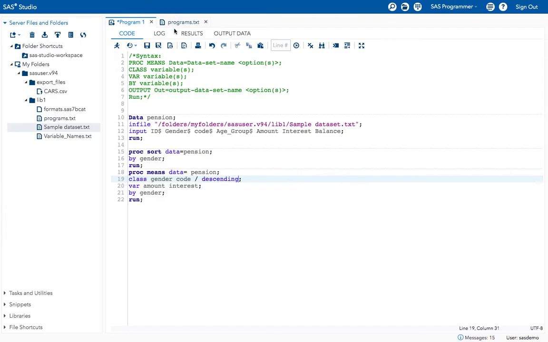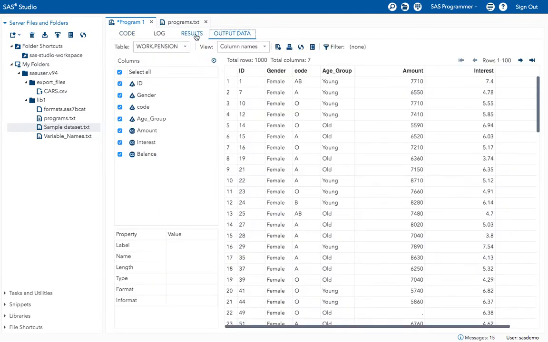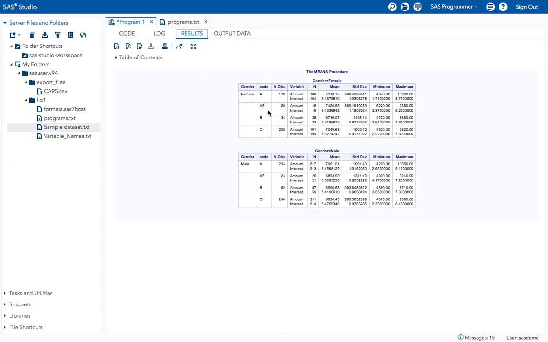Now it will specify your class data values. See what is your result now, what are your class data variables. Earlier you had female, male, and the codes a, b, b, o.